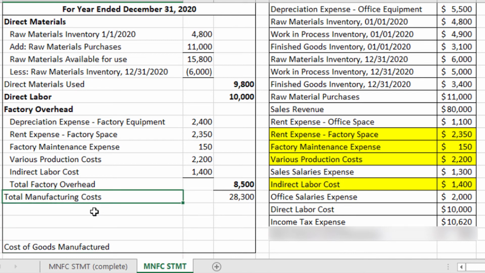The total manufacturing cost is literally just what it sounds like, the total of all the production costs in that period, being the direct materials, the direct labor, and the factory overhead. Whereas the cost of goods manufactured is a little bit more specific. It wants to know the total cost of goods finished in that period. So that's going to take one more step to figure out how much we're actually finished, rather than just the